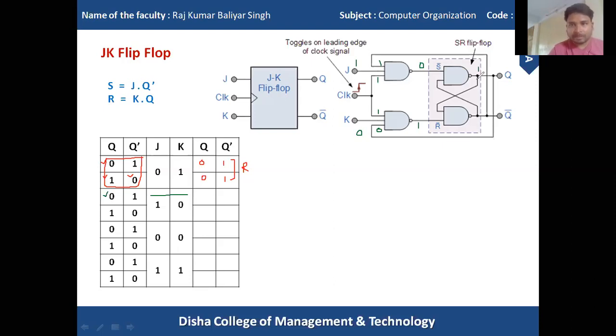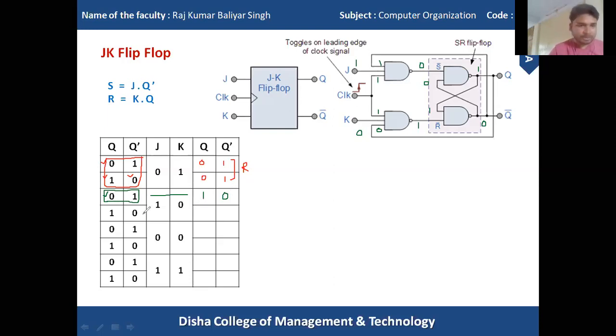And this one is a feedback connection. Now this 1 and 1, this NAND gate will produce 0. When I supply 0 to this NAND gate, now this NAND gate receives two values, that is 0 and 0, then it will produce 1 here. That means the q value is 1 and the q naught value is 0. So for this combination of q and q naught, we got the value of q and q naught with the same values of j and k.